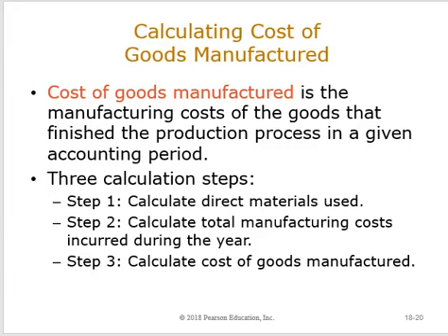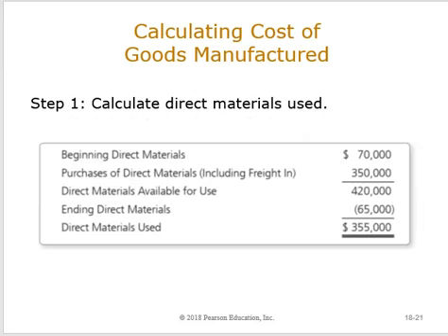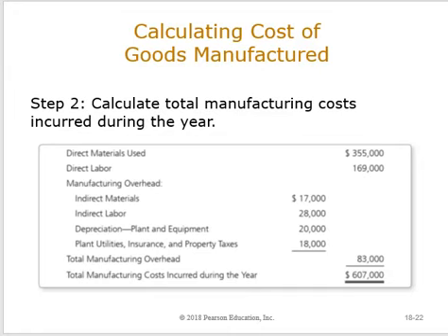All right. I am going to have separate homework problems on these where you'll calculate direct materials used, you'll calculate total manufacturing costs, and you'll calculate cost of goods manufactured. I'm going to go through this very quickly now because I will have separate videos showing you how to do the practice problems. And I don't want to make this extremely long and boring. Okay, we'll do a practice problem on that. We'll do a practice problem on this.